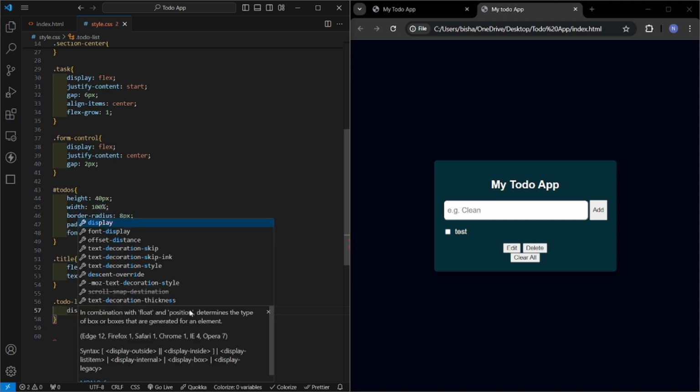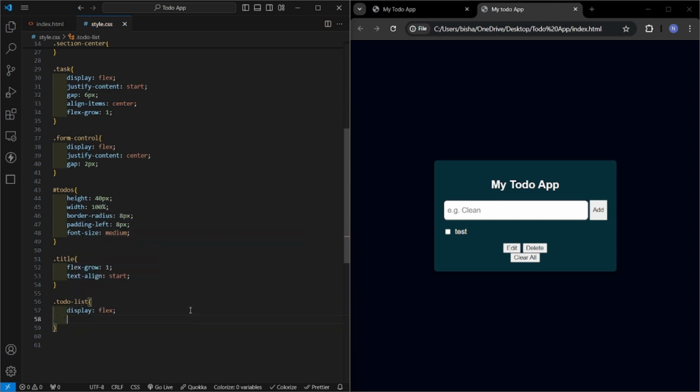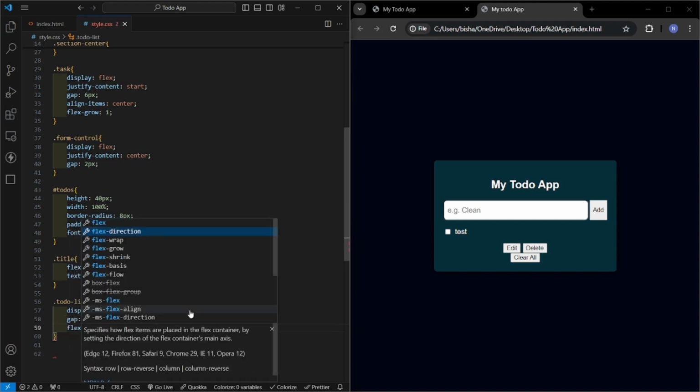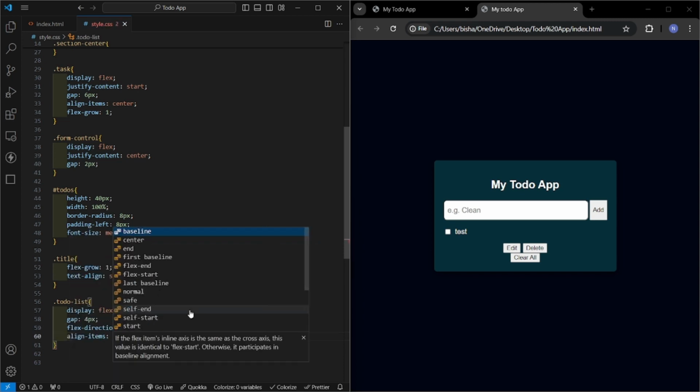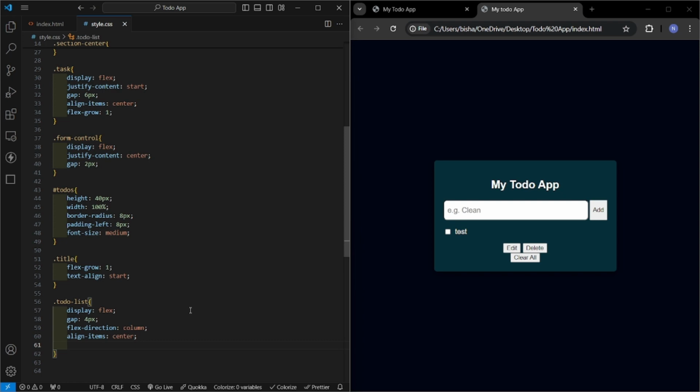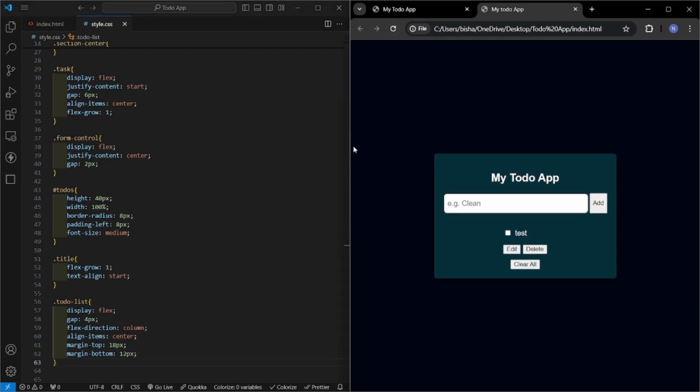Here we'll have display flex, gap of 4 pixel, flex direction will be column, and align item will be center, and margin top will be of 18 pixel, and margin bottom will be of 12 pixel. Now let's reload. Okay,